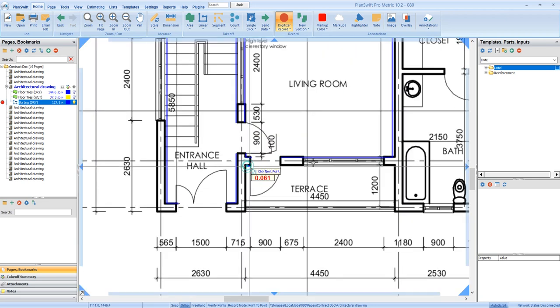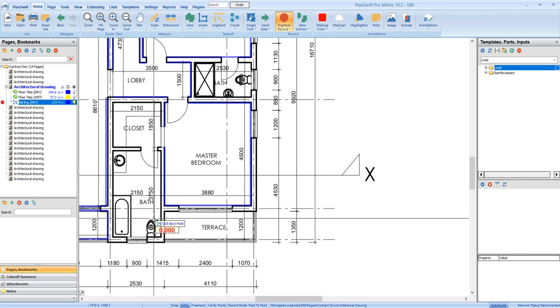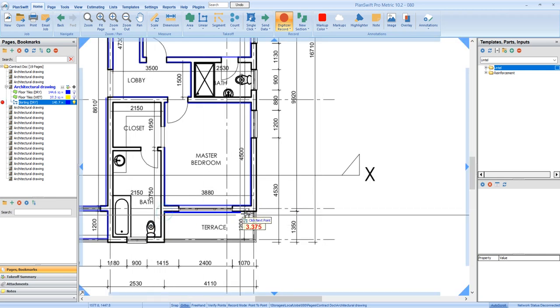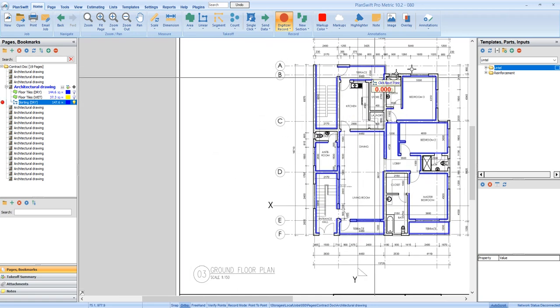We have around the terrace. And I think that's all for